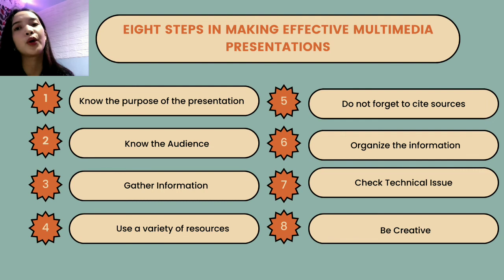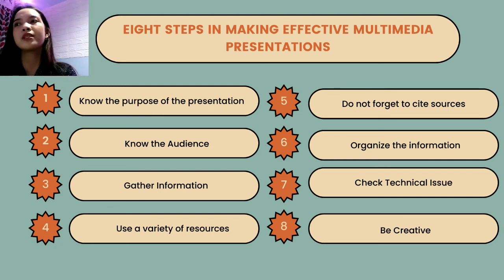The next is know the audience. It is important to know the audience because you know what you will do, like are these learners those who learn best by watching a video, or by reading, by listening, and many more. The next is gather information.